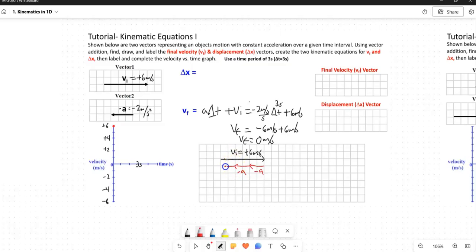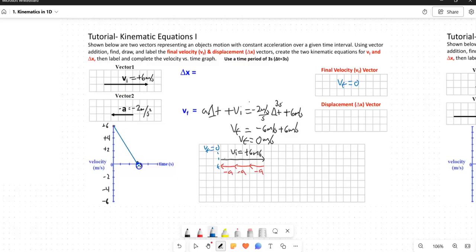And here's 3 acceleration vectors. Okay? And so, again, we are starting here and we're finishing right here. So that final velocity is equal to 0. So the overall final velocity vector is equal to 0. In other words, we started at positive 6 meters per second and we're ending here. So this right here is going to be our